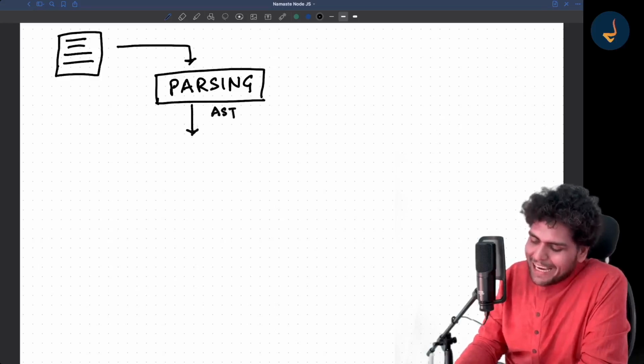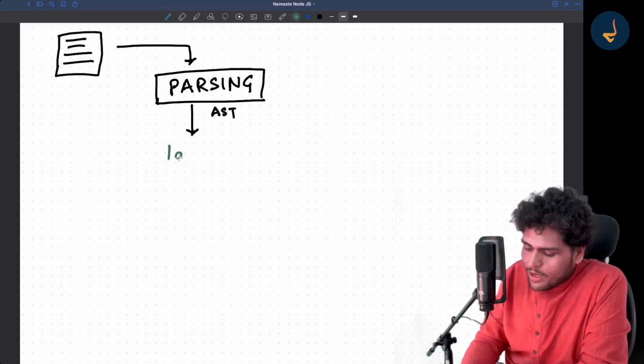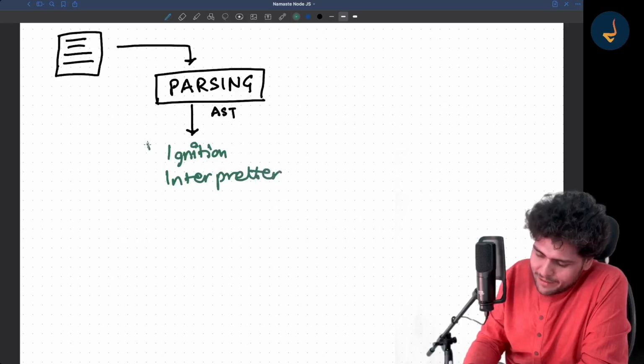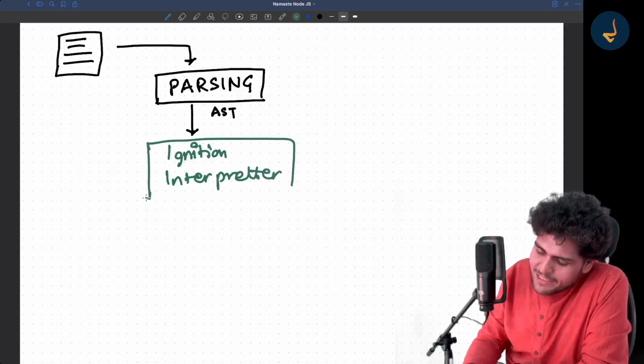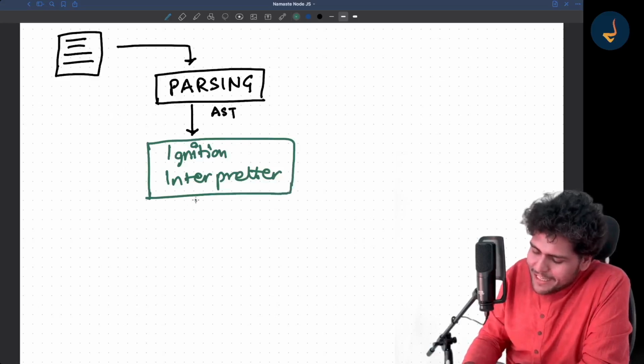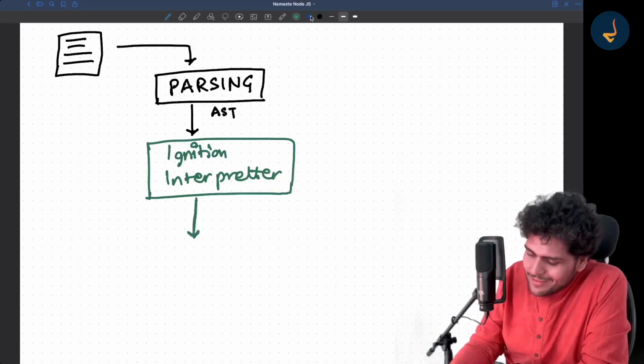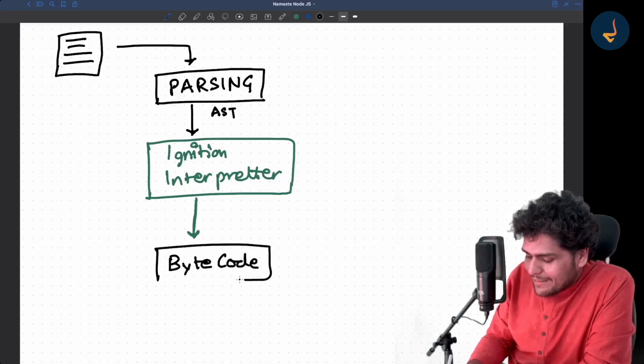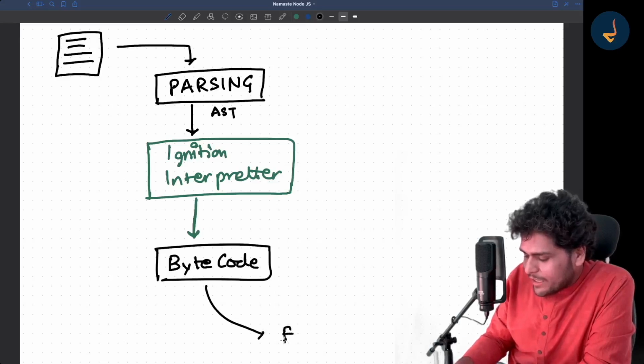Now this AST is then passed to your Ignition interpreter. And what does this Ignition interpreter do? It will convert this code to your bytecode, which is finally executed.